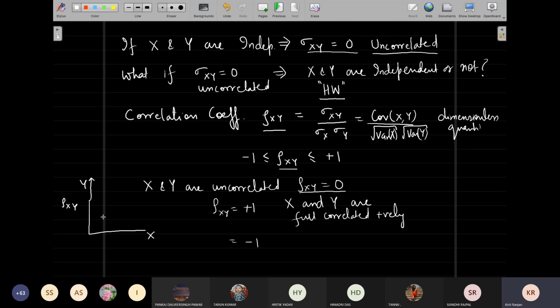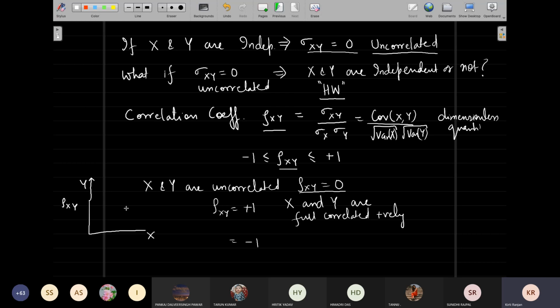For example, people living in the cities, people who are educated, or illiterate, let's say not educated, but the word illiterate. So you can try to figure out: take the data, convert the variances and the covariances in terms of rho xy and plot it in this rho xy plot. You can figure out from that whether these two, staying in cities and being literate, are